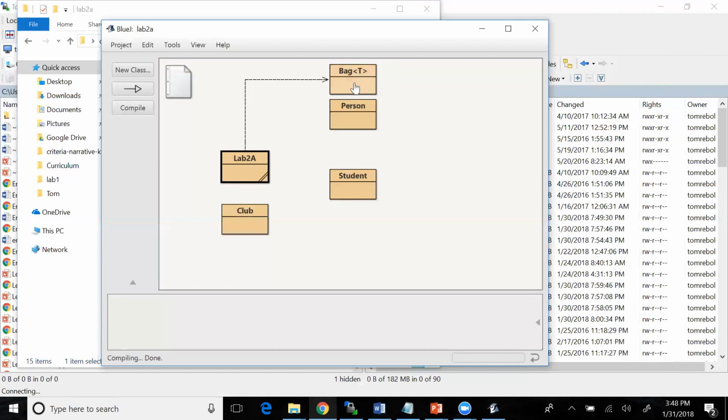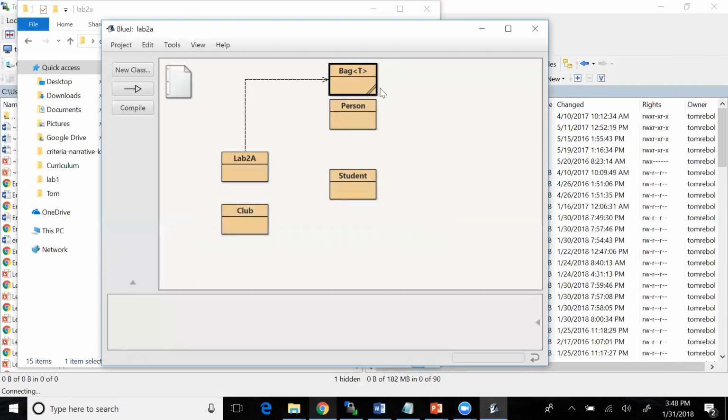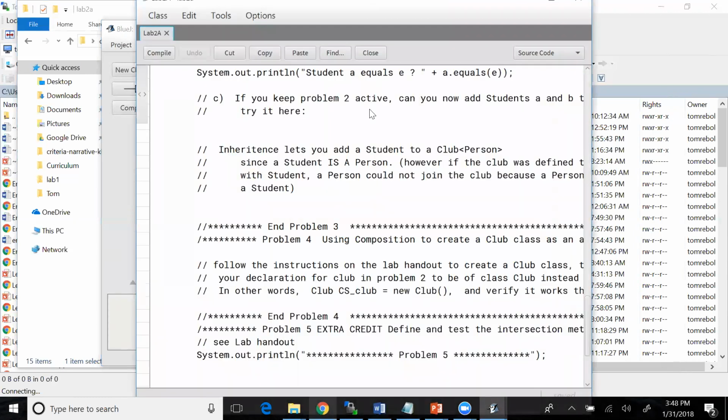And you have this bag class, but you can't really open the bag class because it's a precompiled file. It's just the compiled version of the class. There's a person class, which we'll be using later, and a student class, and a club class. And if you open up the lab 2A file,